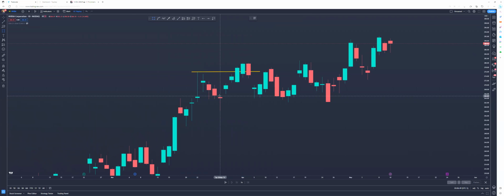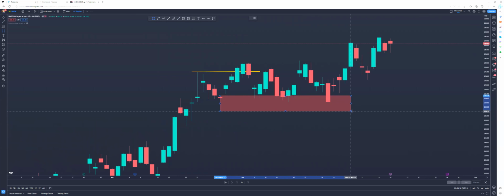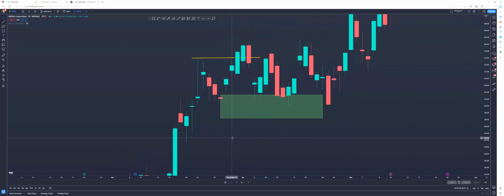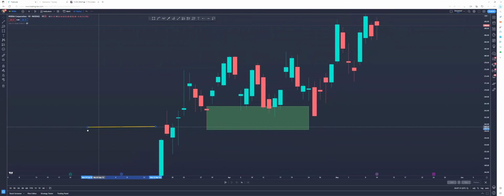So we're going to do what? The last bearish candle and what? The lowest point, okay? So we're going to drag that across. All right, let's make it green because this is a demand zone. And this is how we caught it in the video. So what happened? We broke up structure. We continued that. We pull back into this zone and we just bounced off of it. We bounced off it once, could have caught calls here, came back, bounced off it again, could have caught calls again. And then we broke new structure as well.